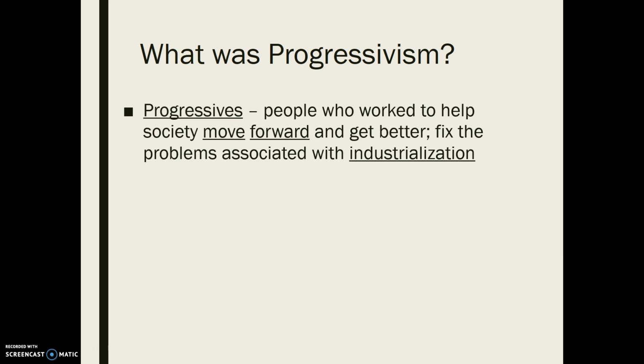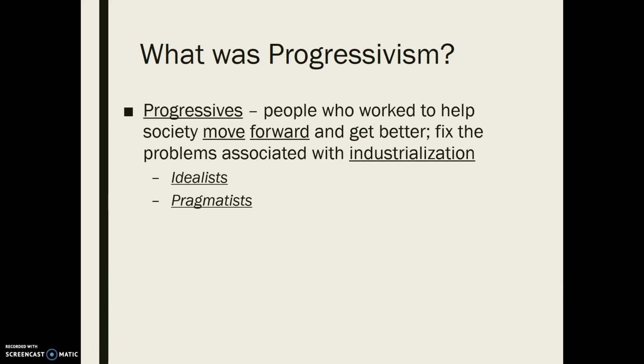because of industrialization. So if you think of all of the massive changes that happened in the United States during the Gilded Age, not all of them were good. Not all of them were good for everybody. So one of the big reasons that progressivism happened when it did was a direct result of industrialization. And we're going to be talking about throughout the unit, throughout these 5 days, we're going to be talking about